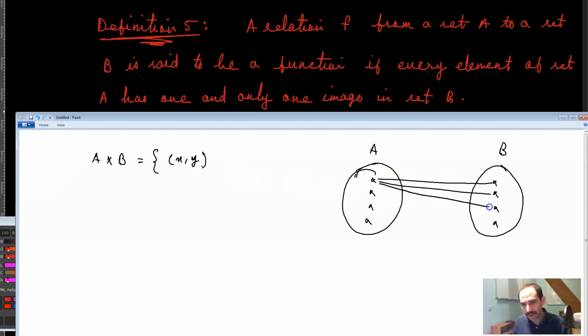You would take this element with this element, this element with this element, and relative to each of these lines you will have one ordered pair here. So you would have four ordered pairs for this first element, another four ordered pairs for this second element with those four elements there, another four ordered pairs for the third element with these four elements, and another four ordered pairs for this fourth element with the four elements here, which means that the number of these ordered pairs over here would be